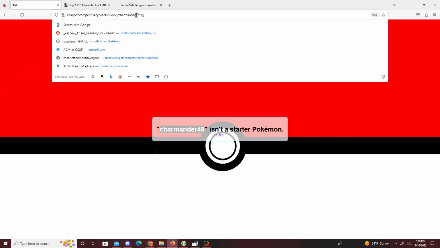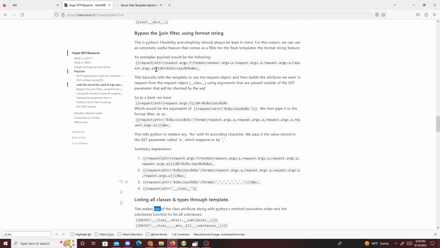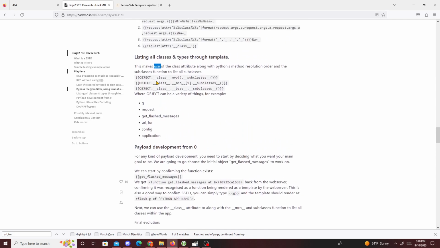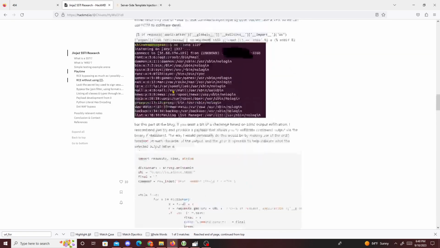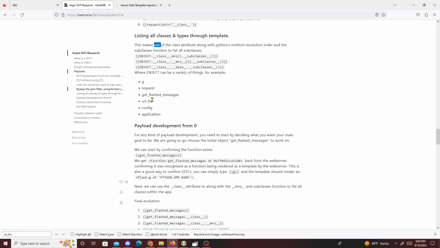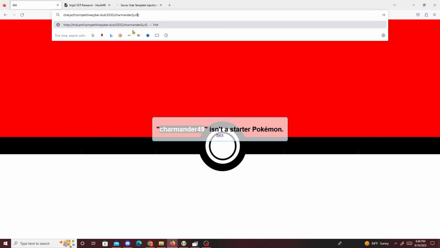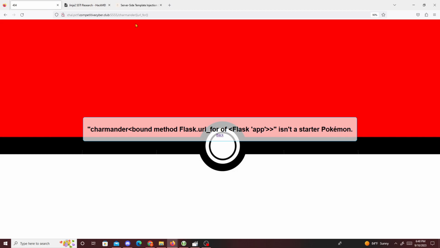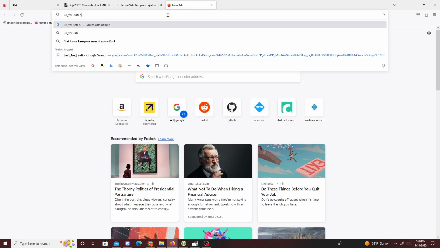So now that we have this ready, I went to an SSTI research paper, and the first thing I did was just try to read and understand it for the most part. After trial and error with different types of payloads that I found, I used url_for. So if I just do url_for, we get a bound method of Flask url_for. If you click on this and look up url_for SSTI payloads,